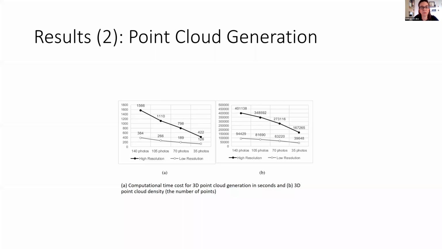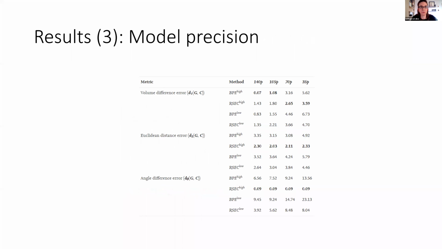When we look at the results first about the point cloud generation, there is a decreasing trend in the time cost and point cloud density with decreasing data sets, and this was quite predictable. Data set size, therefore, was the most significant parameter on model accuracy. When we look at the metrics that I just mentioned, in all metrics, the magnitude of error consistently increases from high to low number of images. And this was also somewhat predictable.